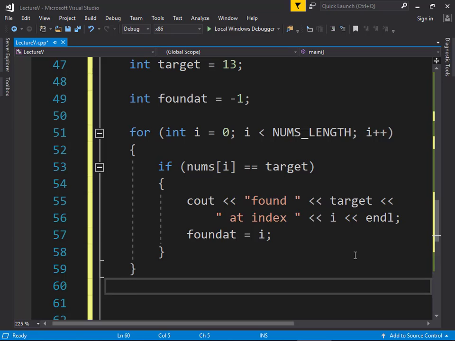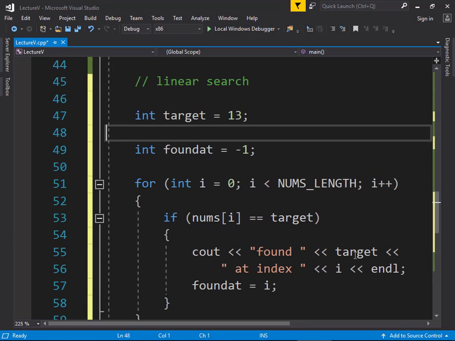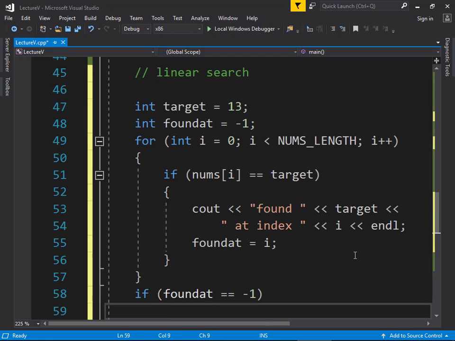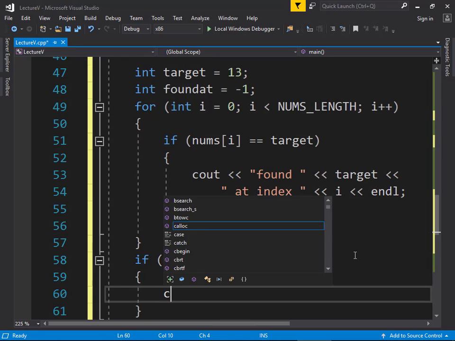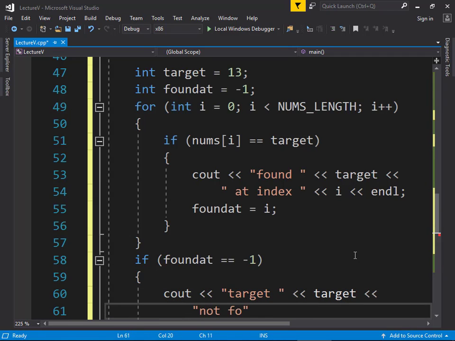So after our loop is done, we can check to see whether foundAt still equals -1, and if it does, we never found it. So if (foundAt == -1) { cout << target << " not found\n";